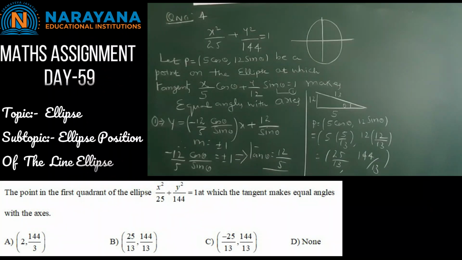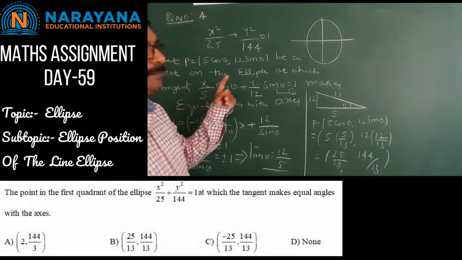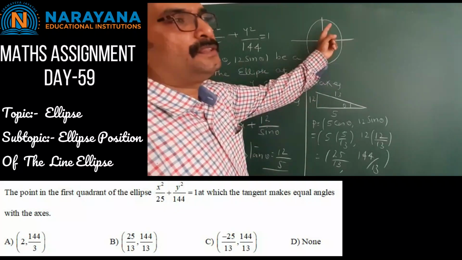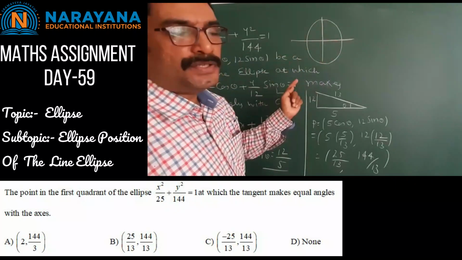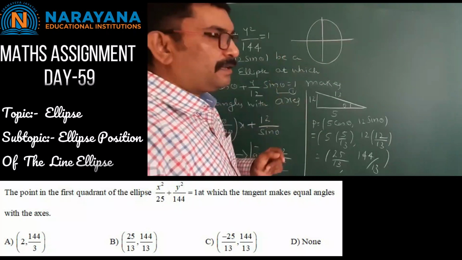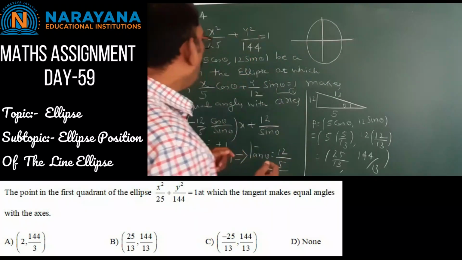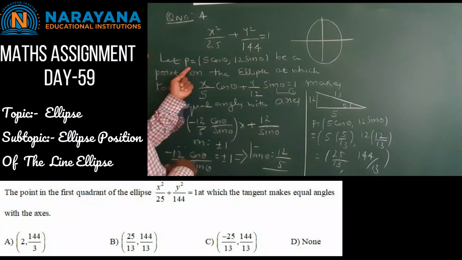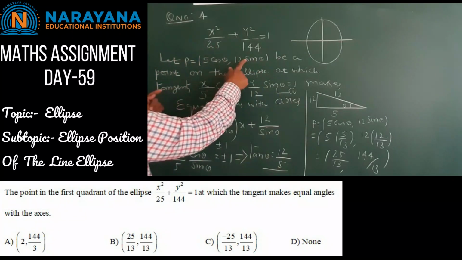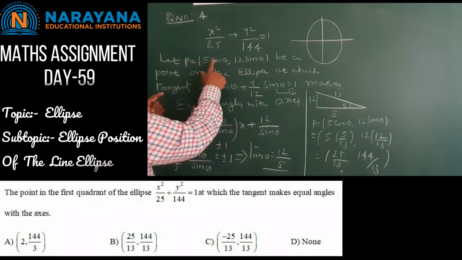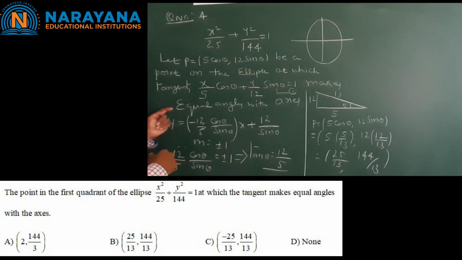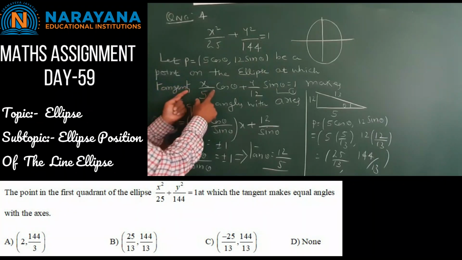In question number 4, we have to find the point on the ellipse at which the tangent makes equal angles with the axes. Let the point be (a cos theta, b sin theta). a is equal to 5, b is equal to 12. So (5 cos theta, 12 sin theta) is a point on the ellipse at which the tangent makes